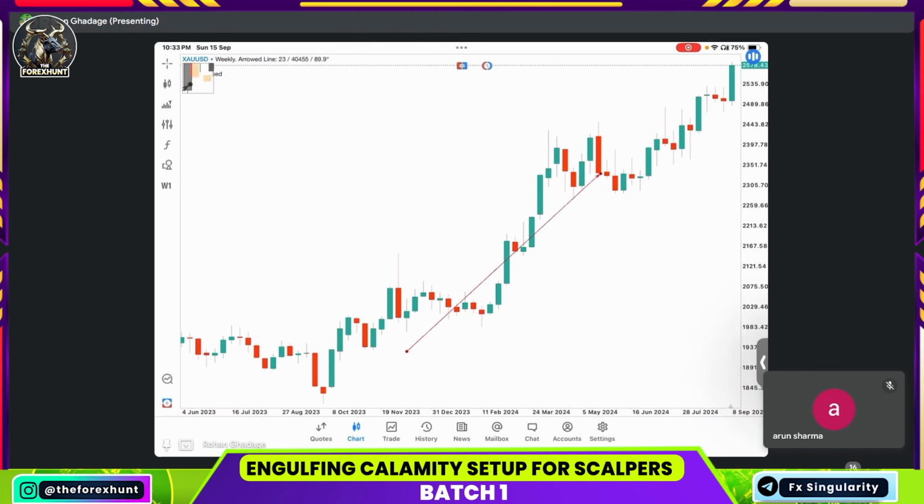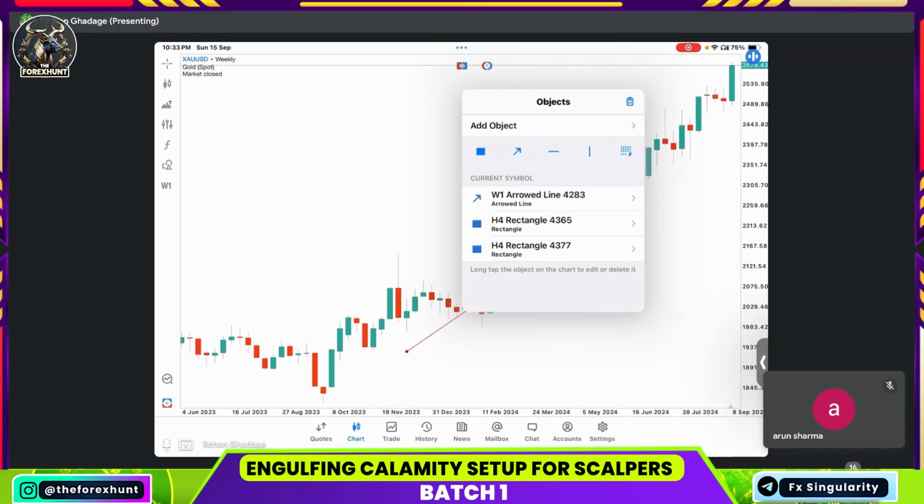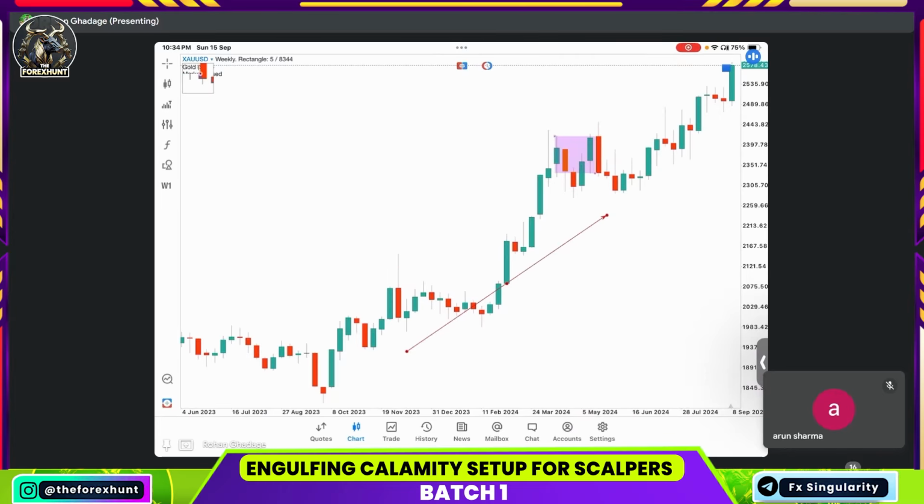Until the weekly buy fails or until the weekly sell fails, you cannot look for directional trade. Can you see here? The market didn't fail this sell fail. Until sell fail happens, you cannot look for buy trades. Is it clear? Until this buy fails, you cannot look for sell trades, because this is the weekly time frame, which means